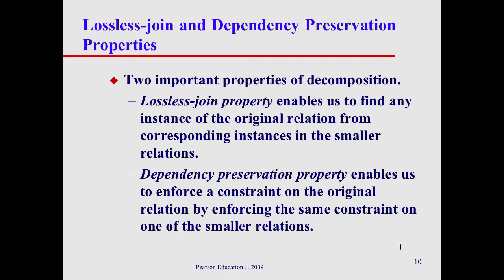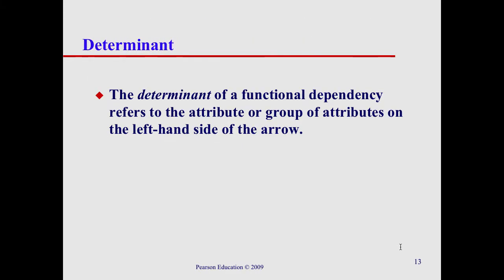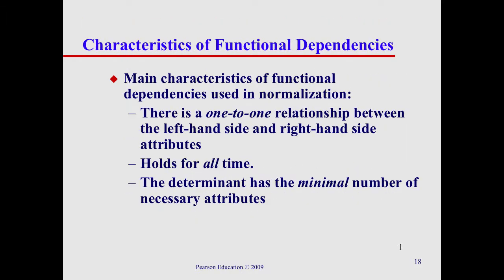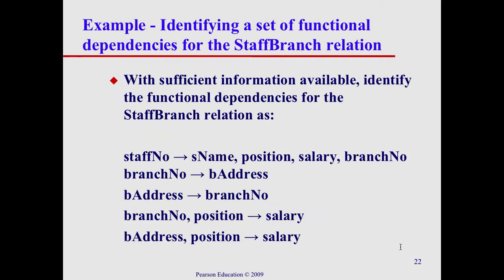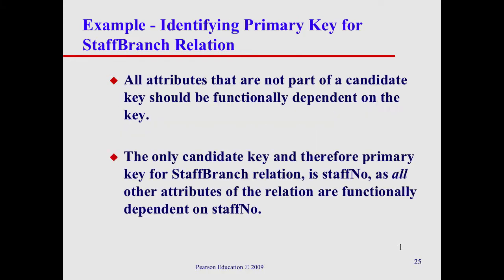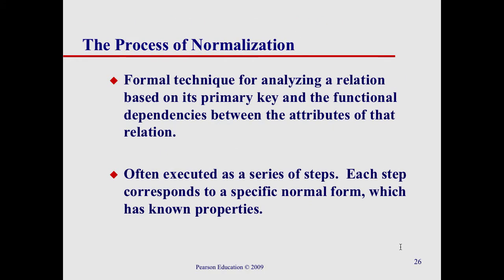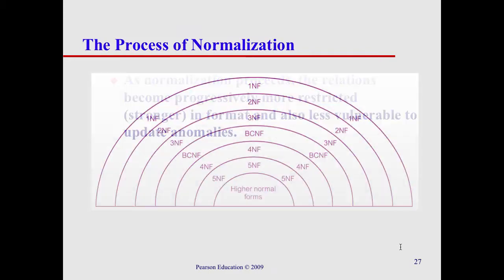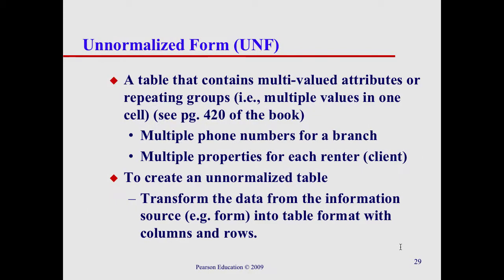So that's the second important property that we need to preserve. And after defining what a functional dependency was, which is essentially what you would expect for a function, that the attributes on the left side uniquely determine it on the right side,